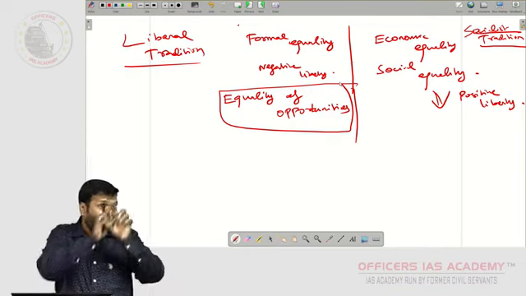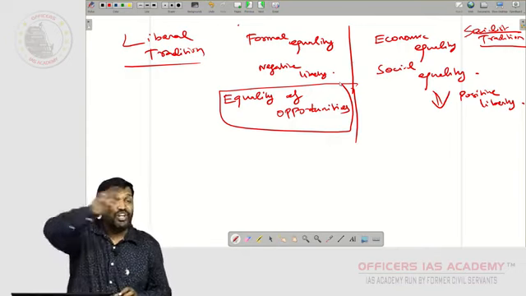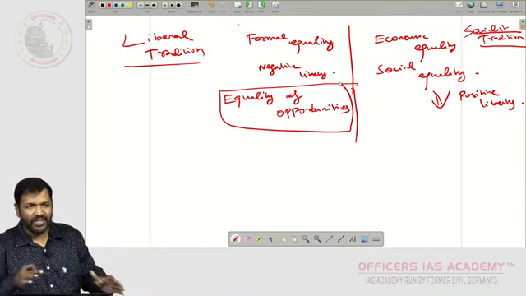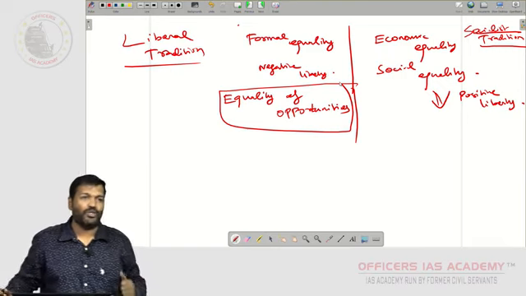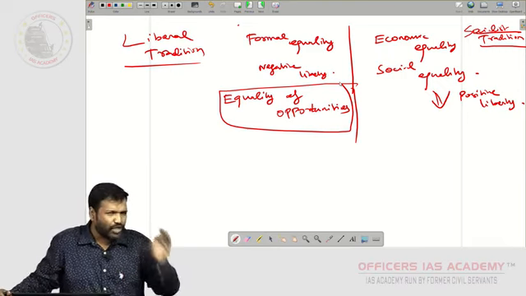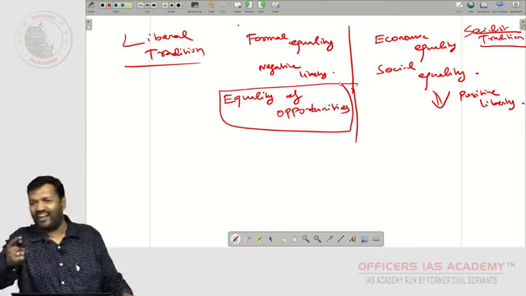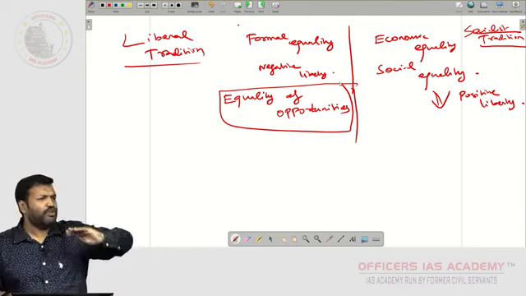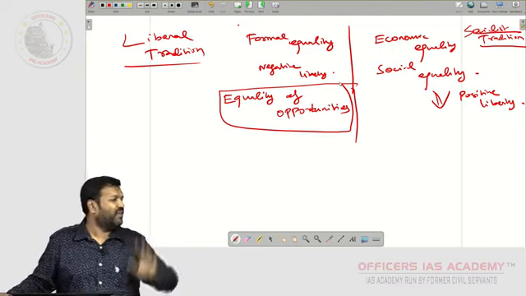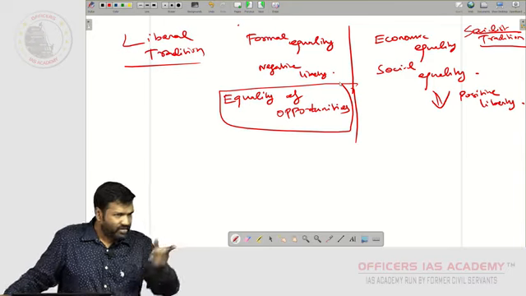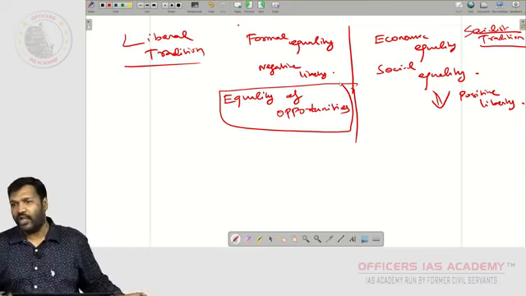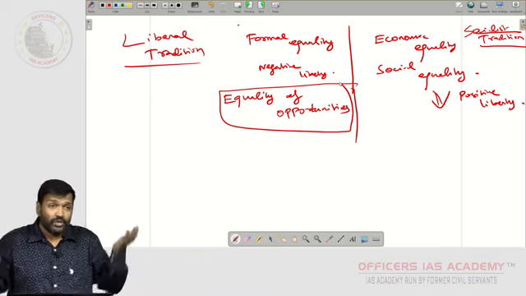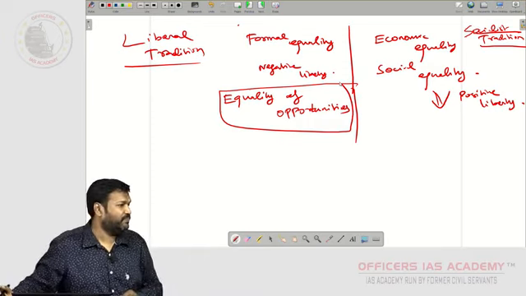Because for liberal people, you understand, the society should be based on merit. We already discussed that. Why do liberal people speak a lot about equality of opportunity? Because the society should be based on merit, your talent. So everyone should be allowed to exhibit their merit. You should not be barred. If you have some talent, you should be allowed to show that. And who is more talented wins. That is how a society should be, say the liberal people.